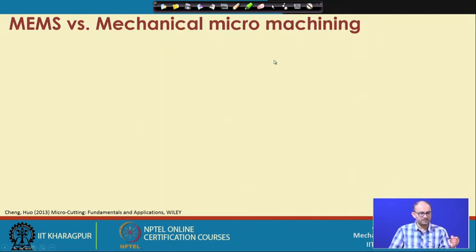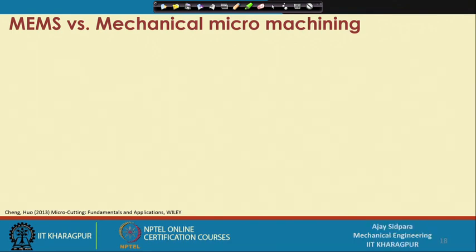Now, after this classification, let us see how these micromechanical processes are different from the MEMS product. We have seen that MEMS has its own domain, mostly related to healthcare and the fabrication of micro actuators and micro sensors. Micromechanical machining processes have their own domain because they can create real 3D components that were not possible in the MEMS product or some other